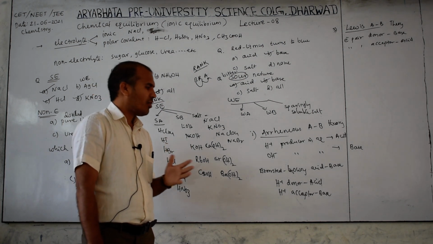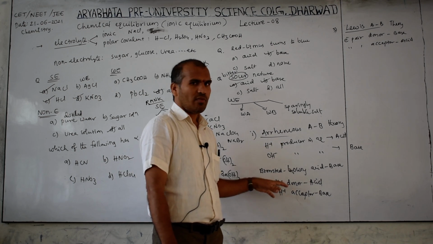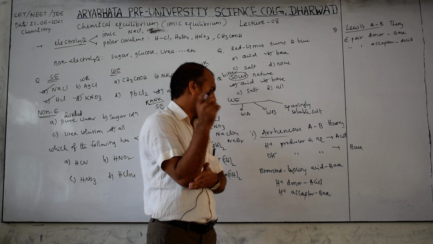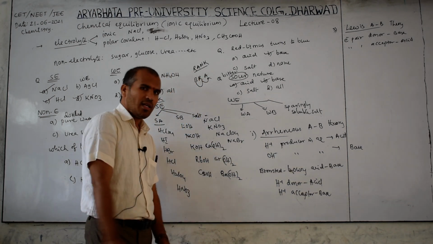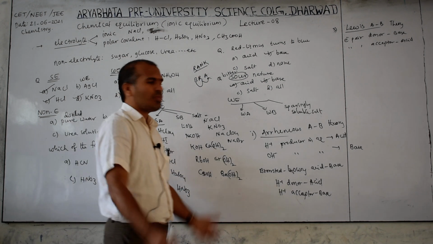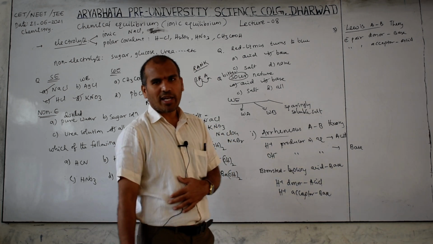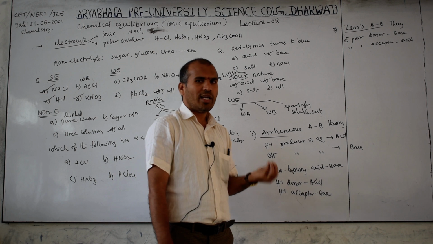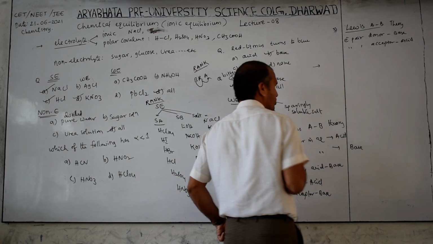So keep in mind, in practice in this chapter we use the Bronsted-Lowry theory in maximum cases, because proton donor is acid and proton acceptor is base, and it explains the acidic and basic nature of the maximum number of compounds. And some compounds are also amphoteric. Amphoteric means both acidic and basic nature will be there. So based on this, some questions now.